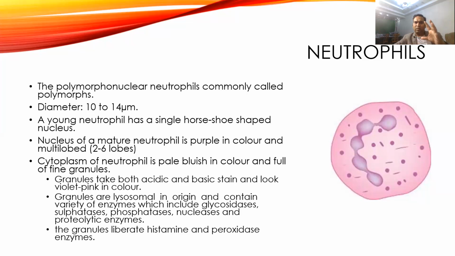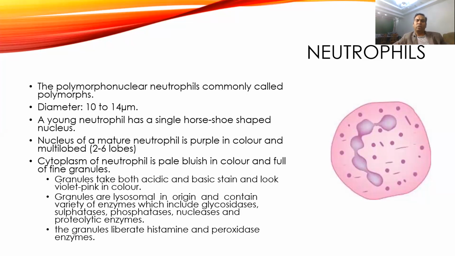Okay, so 10 to 14 micrometers, see the size. Then the second point you are going to see is the nucleus. Different granulocytes have different shapes of the nucleus. In the neutrophil, it is either two-lobed or normally it looks like 3 to 5 lobes. So normal neutrophils have somewhere around 3 to 5 lobes, and then look for the granules. Here granules are very fine, so you can see the nucleus very clearly. So there is no problem in seeing the size and shape of the nucleus.